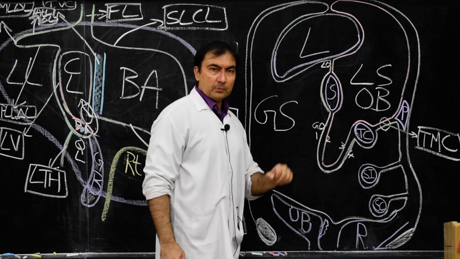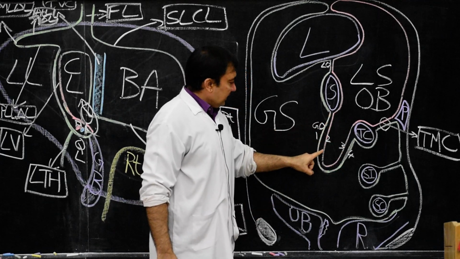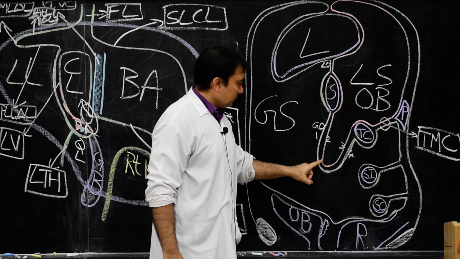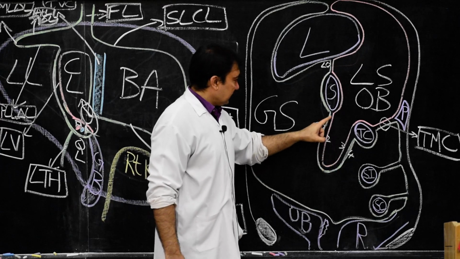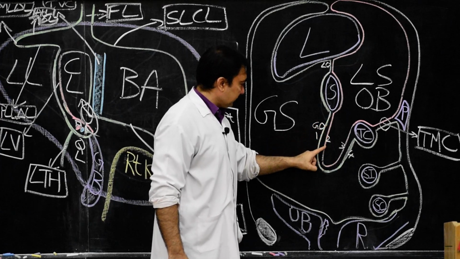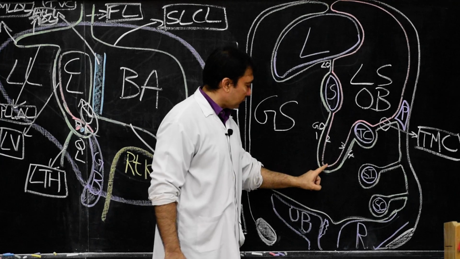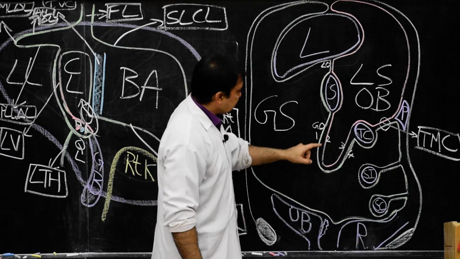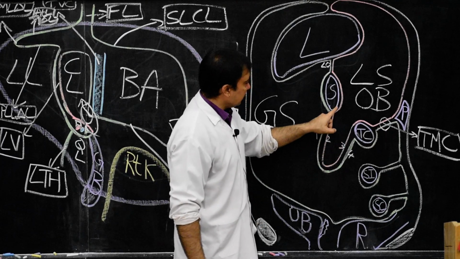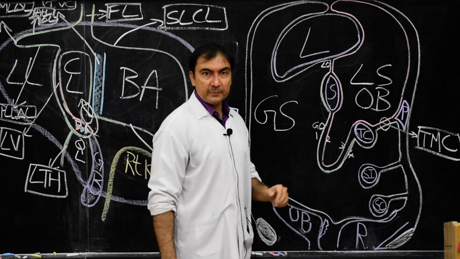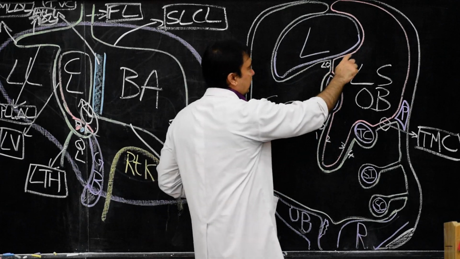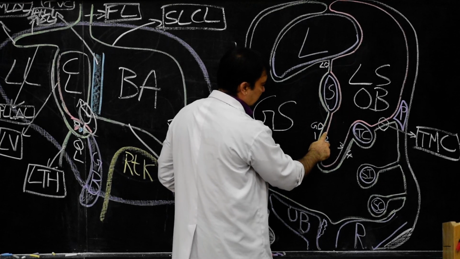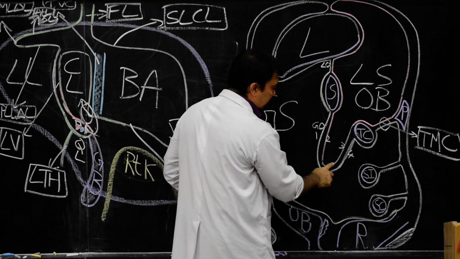Now coming back to this greater omentum. Second layer will continue as third layer of greater omentum. With the diagram, it is very easy to mark and very easy to understand. The second layer of greater omentum, coming from above, will continue with the fold as third layer of greater omentum. Now, the important point is that the second and third layer are derived from the lesser sac or omental bursa. See the diagram. The entire omental bursa, after covering the posterior surface of the stomach, will continue as the second layer, which will continue as the third layer.